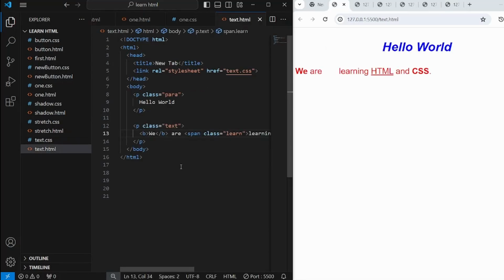Okay, done. One more thing that I would like to tell you is what happens if this text.css is not